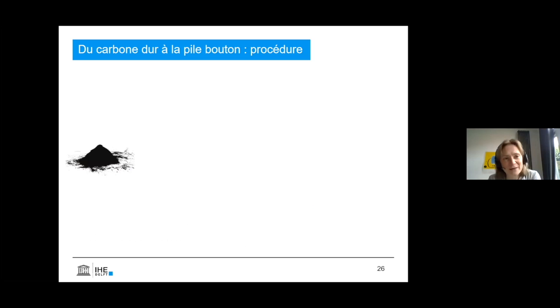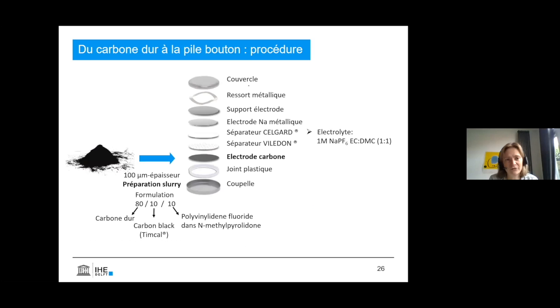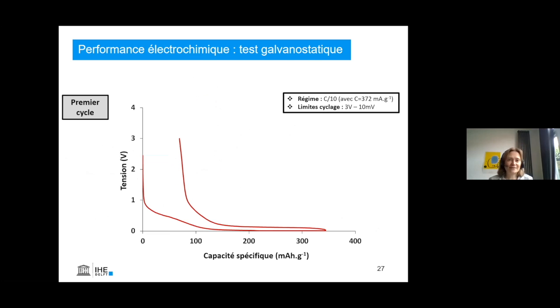This is hard carbon. The idea is to use it in the battery. So what we did is a test in the lab to characterize the electrochemical performances. We therefore mix this, I left the English term, the slurry, with other components. And this slurry formed the carbon electrode, which itself is assembled with other elements to form what we call a coin battery. And this is what we will test, a coin cell.